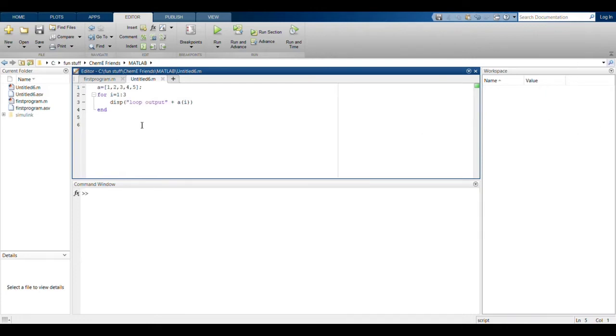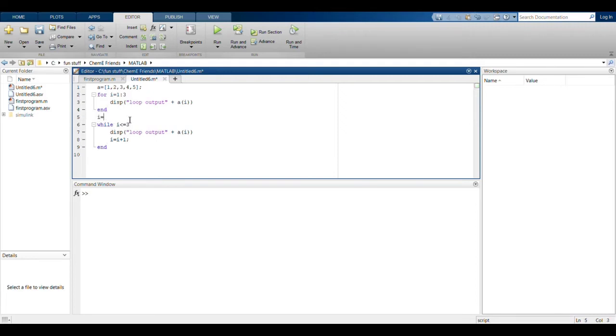So, there are two types of loops, which are the for loop and the while loop. So we will look into how a while loop works. We'll again go through an example and then understand how the while loop works. So we will give while i is less than or equal to 3, we will display the same thing, but in addition to this we will also do i equals i plus 1. So we will be updating i through each loop, and we will understand what's going on here.